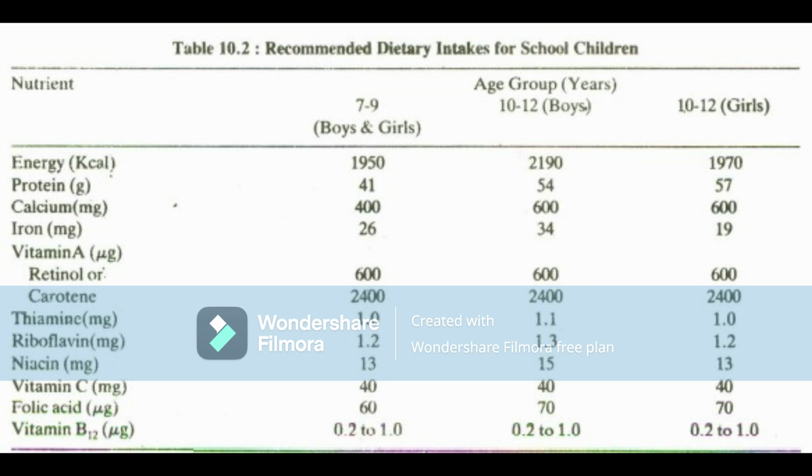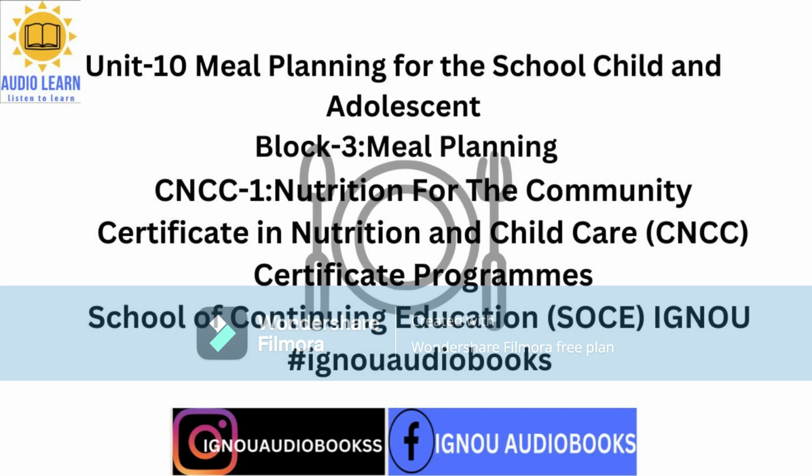Highlight 5: Working out iron need. Working out iron requirements means a lot of arithmetic. It is, in fact, a matter of addition. You have studied in Unit 5 of Block 2 that iron is lost from the body through urine, sweat and feces. These losses are, in fact, unavoidable and are called basal losses. Basal losses always occur whatever the circumstances. This is why we have called them unavoidable.